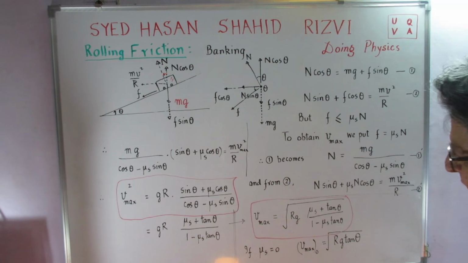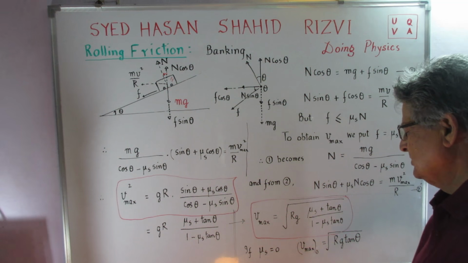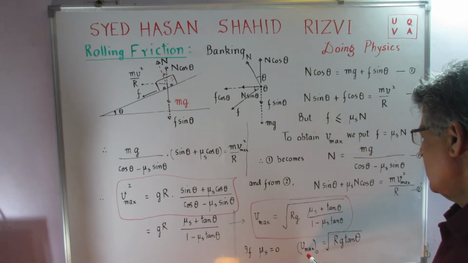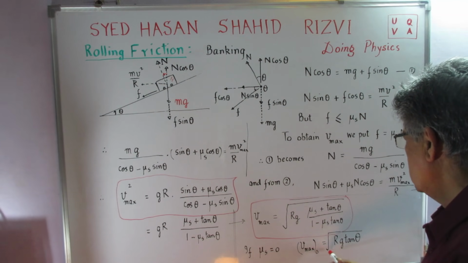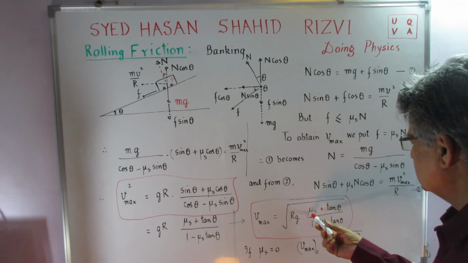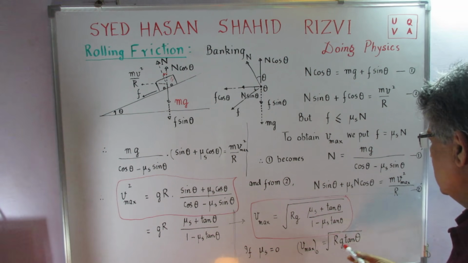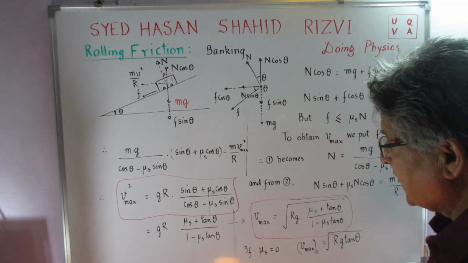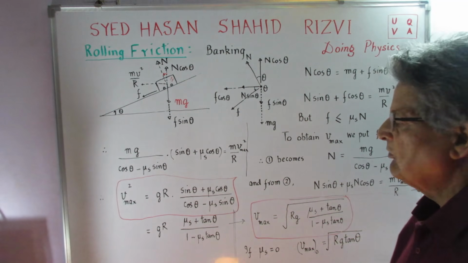Now under a condition that if mu s is equal to 0, that is, there is no friction, then in that case we see that V max at 0 becomes equal to, because this becomes equal to 0 and this also becomes equal to 0, so I am left with tan theta, so this is equal to under root of R g tan theta, which gives the maximum velocity, which you can compare with the previous example that we had taken,